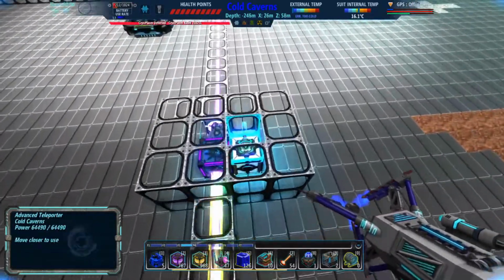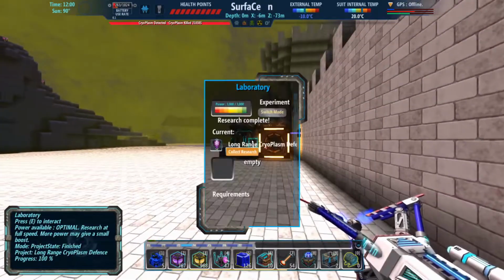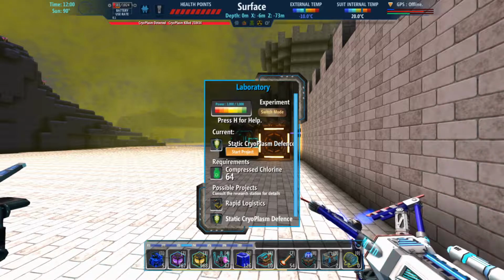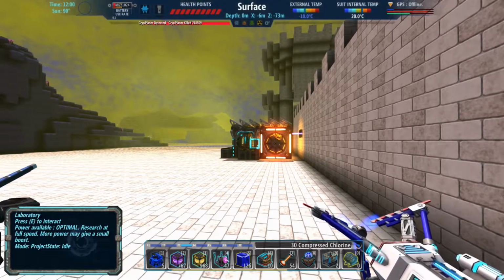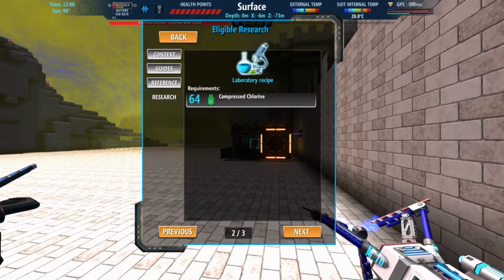Let's actually go up and check that research, because I don't know what the dazzlers and stuff take to make, but I know we're going to need it. All right, and it looks like the research is done. So, do I have that compressed chlorine? No, I need more. This makes cryo mines, and that is actually, if I bring that up, the cryo mines